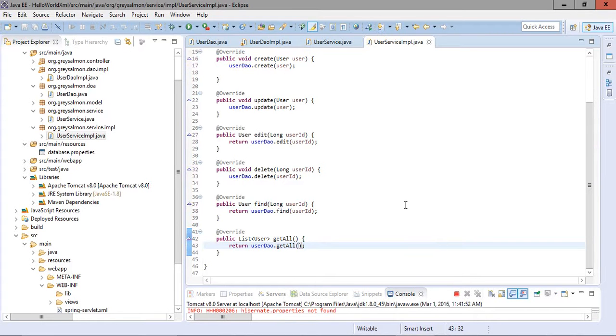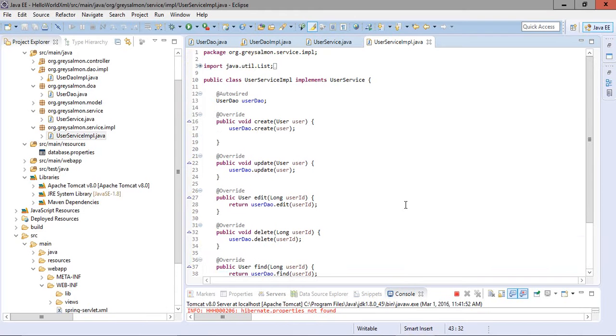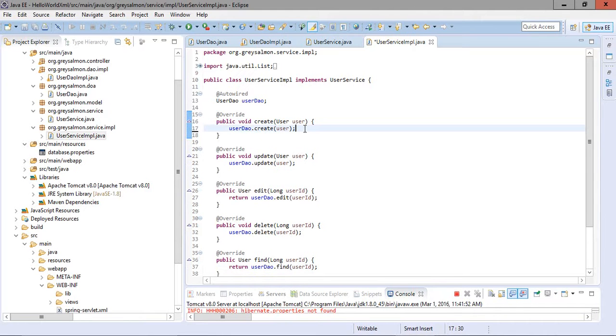Now the controller will call the methods only from the service layer. The controller will never call the methods of the DO layer, or never write code so that the controller will be able to call the methods of the DO layer. If the controller wants the services of the DO, it should call the methods of the service layer, and on behalf of the controller, the service layer will call the methods of the DO.